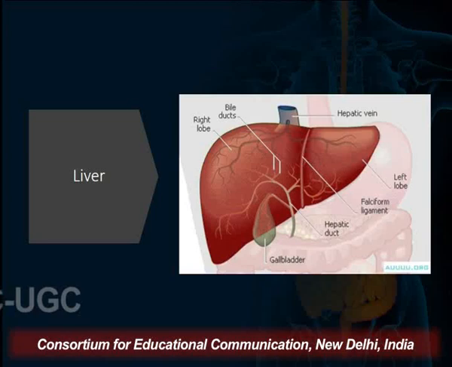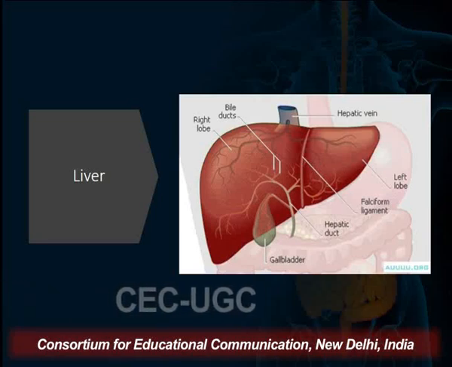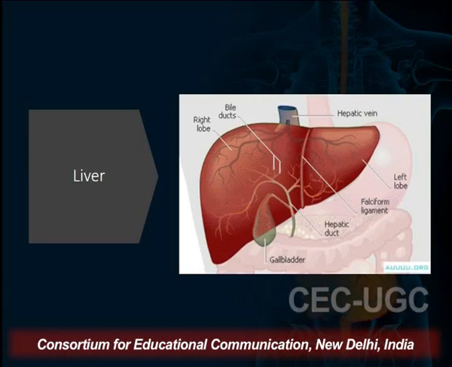Then the liver, you can see this is one of the largest organs of our body also. The liver has multiple functions, but two of its main functions within the digestive system are to make and secrete an important substance called bile, and to process the blood coming from the small intestine containing the nutrients just absorbed. The liver purifies this blood of many impurities before it travels to the rest of the body. Now we will study the gallbladder.